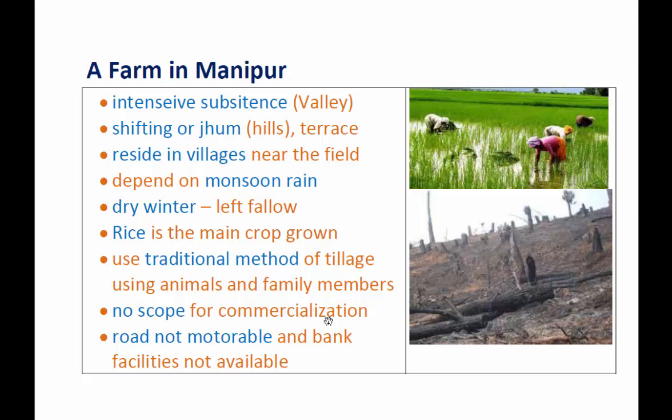Okay, and another disadvantage in Manipur is that we don't have proper roads, not motorable, and also bank facilities are not available for lending to be used in farming. Whereas in other places, even in India, in other states like Punjab and Haryana, they have these facilities. They borrow money from the banks, and after the harvesting of the farm, they repay it back. Okay, so we have to be very, very